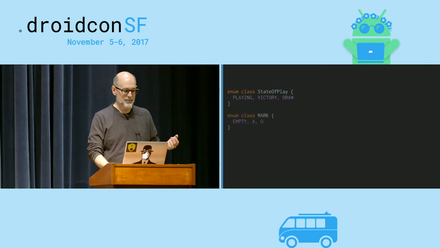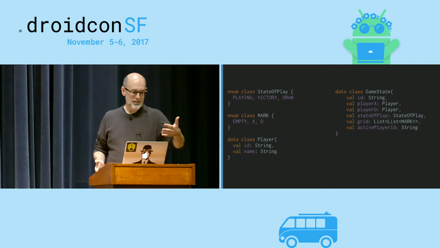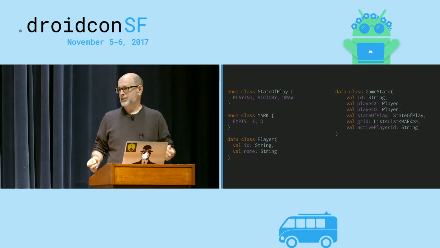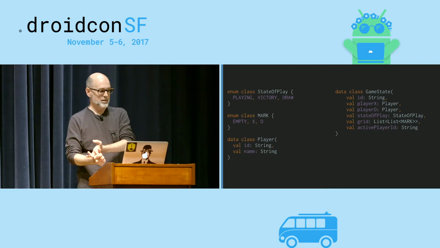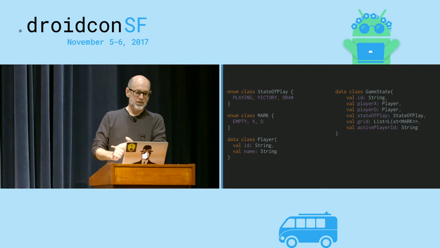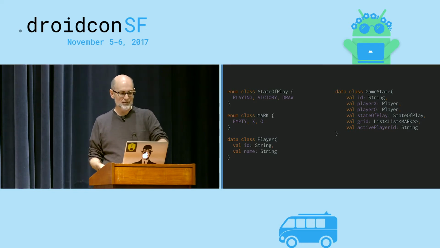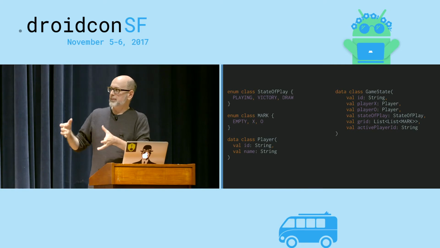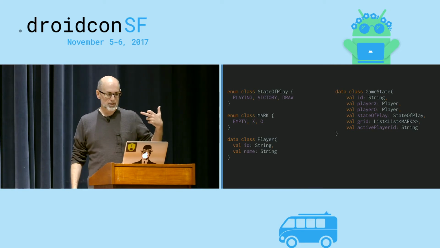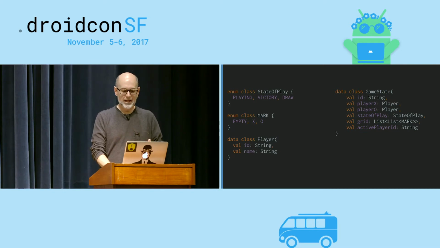So we might define its overall state as a set of data classes and enums. If I'm playing tic-tac-toe, I need to know whether the game is being played right now. Did it end in victory? Did it end in a draw? Each cell on the grid is either empty or has an X or an O. I've got a player class. I've got a GameState class defined in terms of those. And all of this snaps together into a complete and immutable snapshot of complete state of a game or a